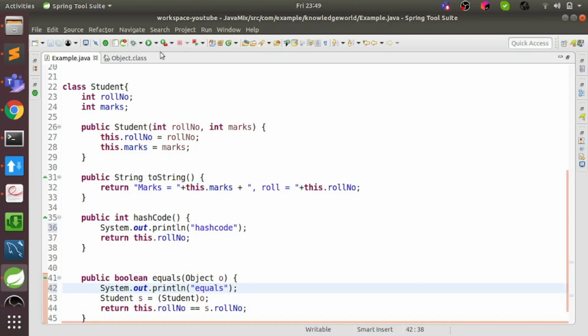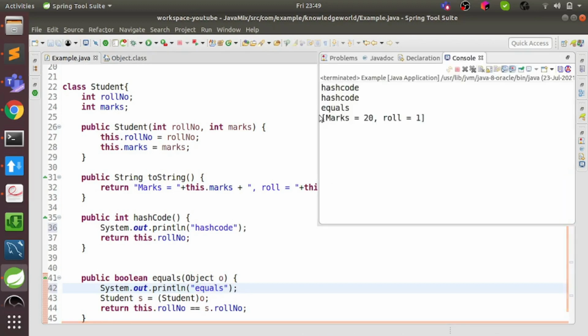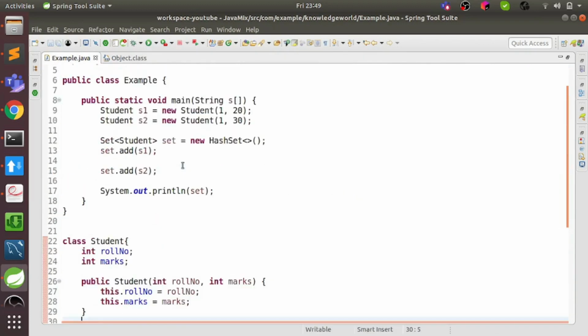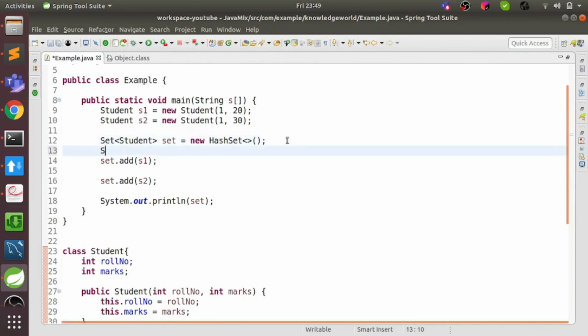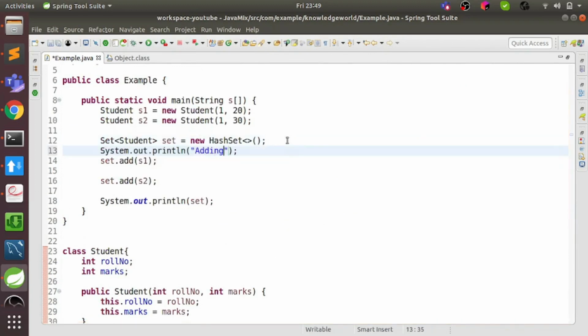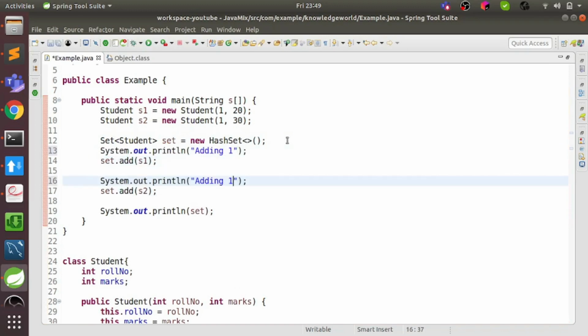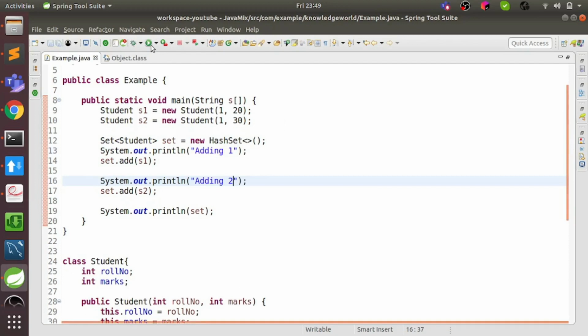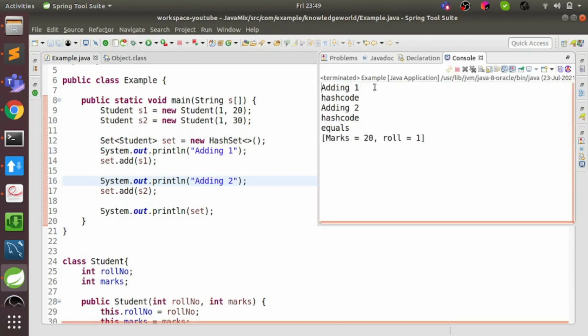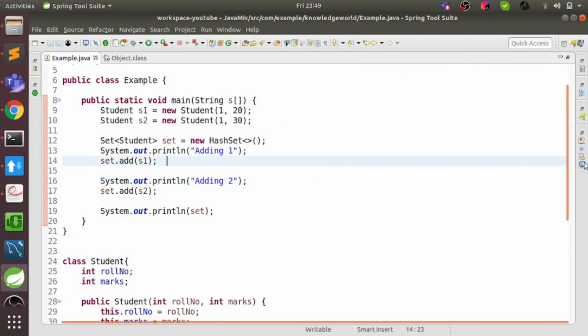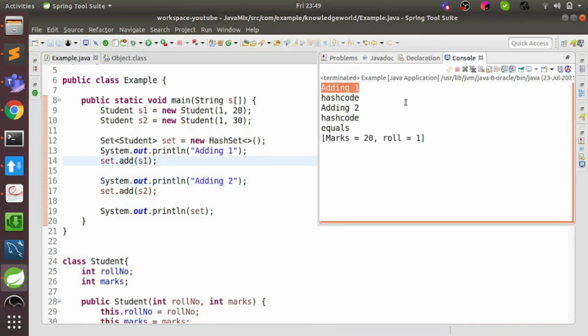As you can see, it just prints adding one, and only hash code is getting called after it, because it calculates the hash code, sees there is no collision, so it will simply add it to the hash set.